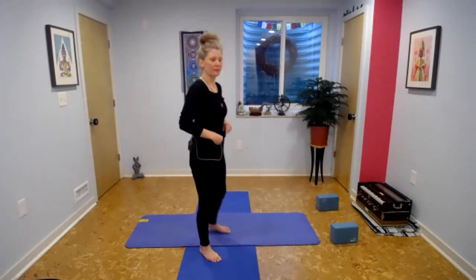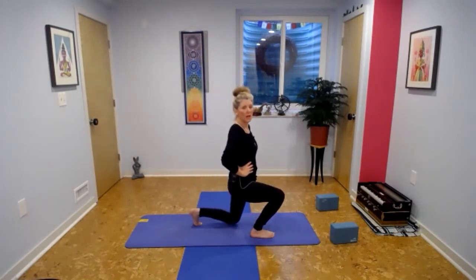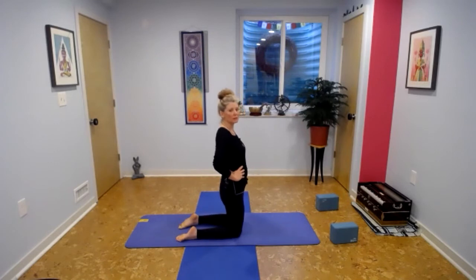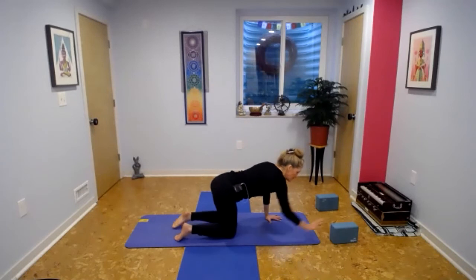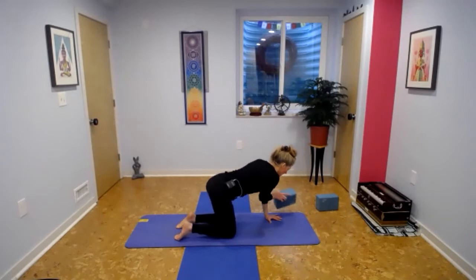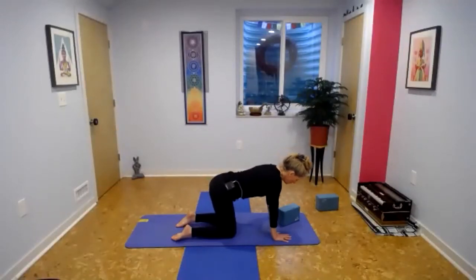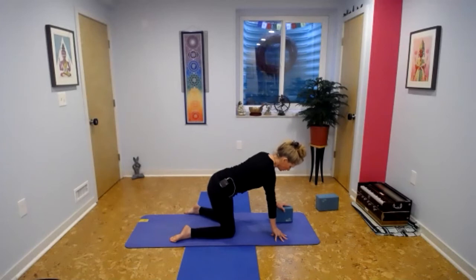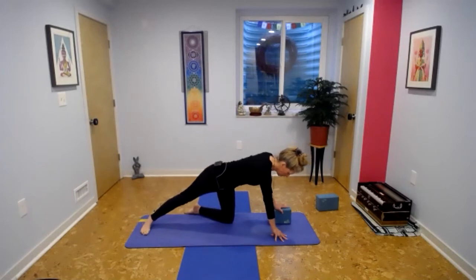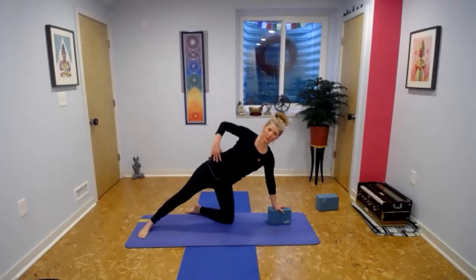So I'm going to stagger my feet. And I'm going to drop my back knee down and come to balance on my knees for like a millisecond. And then I'll come to my hands and knees. Now I might want a block for this, so I'm going to grab a block. And I'm going to go ahead and bring that right foot off the edge of the mat. Grab the block in the right hand, right underneath the right shoulder. And I'm going to extend my left leg long and twist to the left so that I'm in a modified